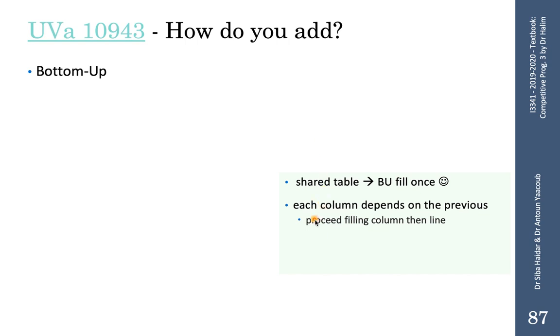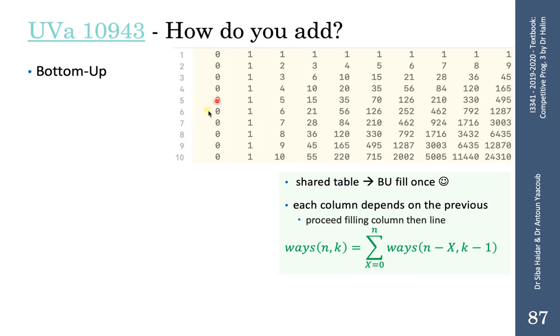So how do we fill it? Each column depends on the previous. So let's recall the equation. In order to solve (n, k), you need to sum all over k minus 1. So each column needs only the data that is in the column k minus 1, and this is for summing x or split or whatever varying from 0 to n. So this is a snapshot of the first 10 times 10 elements. You calculate the column 0, you don't need it, but it is -1. You calculate the column 1, and based on the column 1 you iterate several times to calculate the column 2,